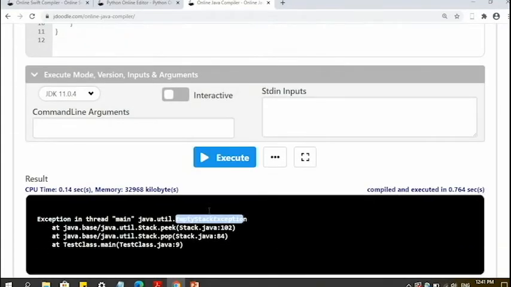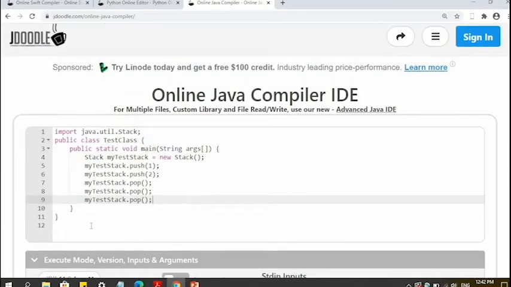This was the exception found in the java.util class, and then it tried to peek. What is peek? We'll see this in the next demo, but peek means it's trying to search the data. Then the error occurred here, and then the error was at the TestClass.java at the 9th line.